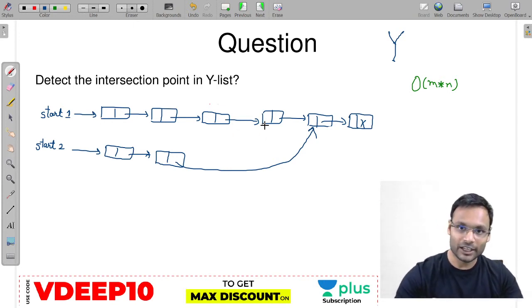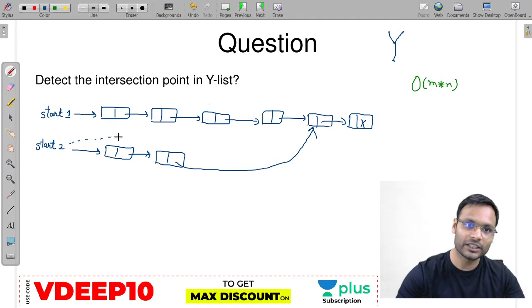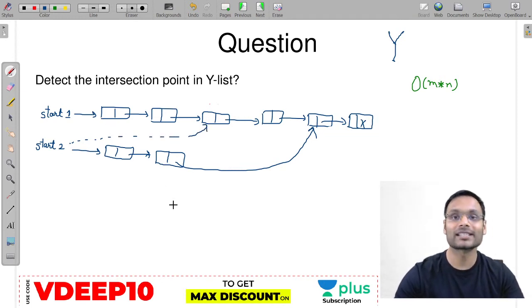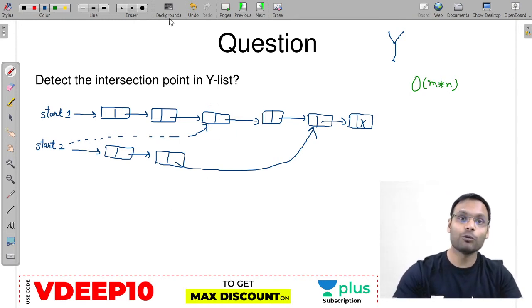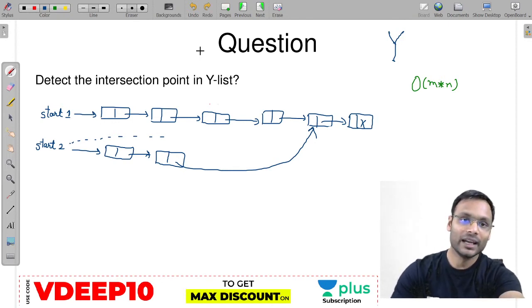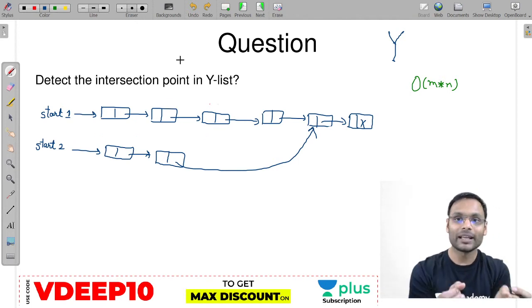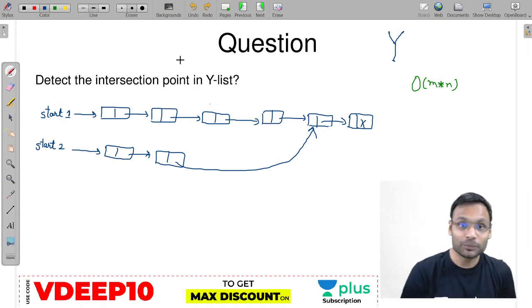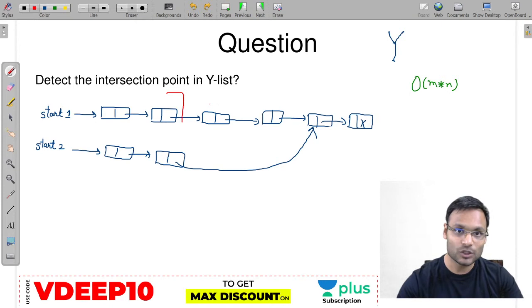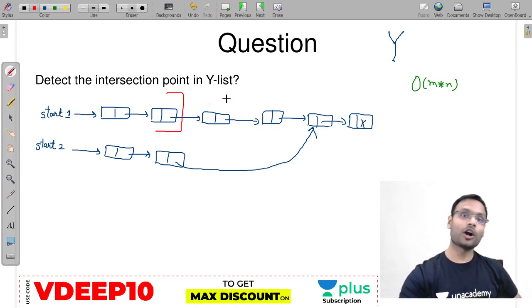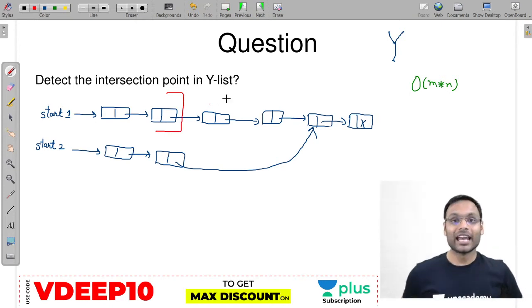If suppose instead of not here, start 2 is pointing here. All the nodes of the smaller list are common. Possible है? Yes, but can we have more than 4 nodes common in both the lists? No. One list is having only 4 elements. एक लिस्ट में सिर्फ 4 ही एलिमेंट हैं, तो मैक्सिमम कॉमन एलिमेंट्स कैन बी 4. Which means I can claim that starting these two nodes cannot be common in both the lists,